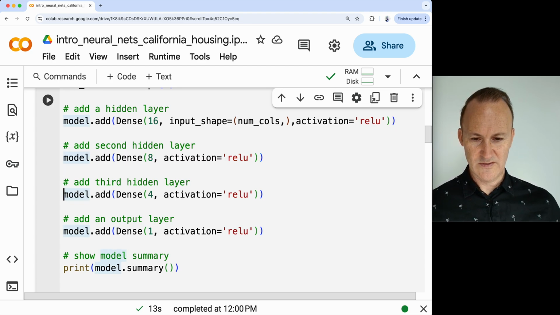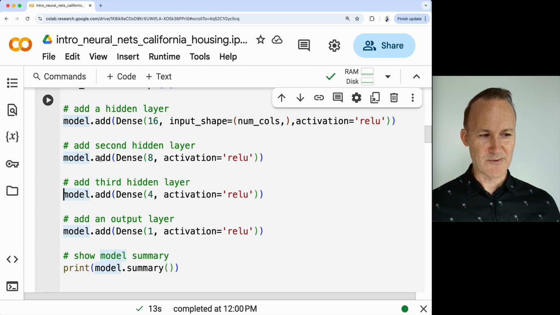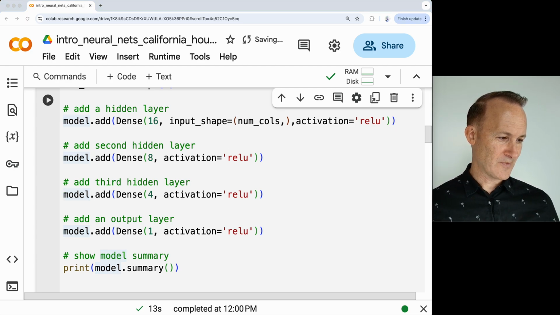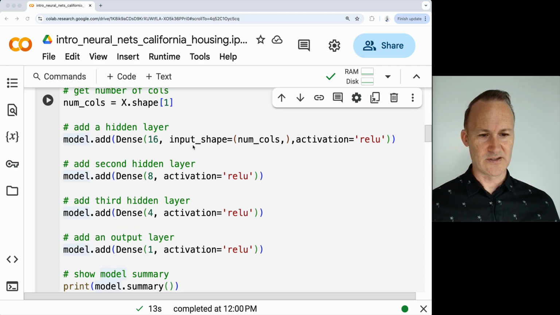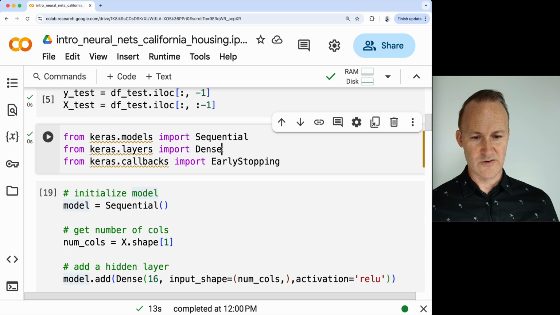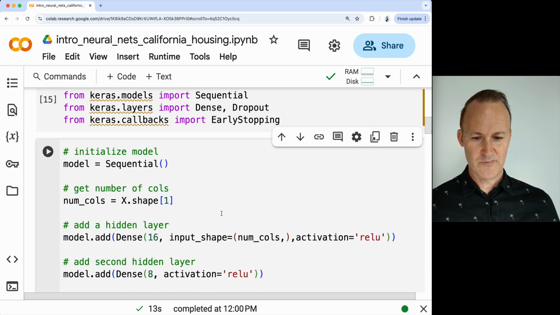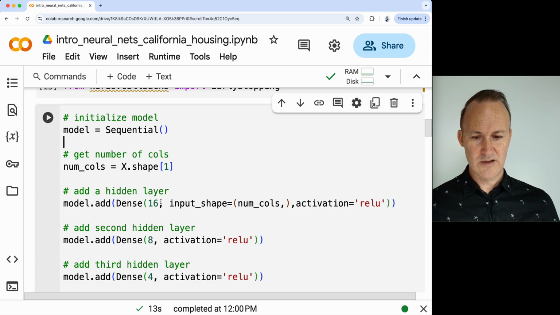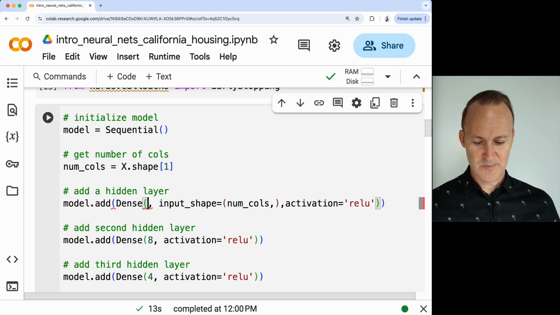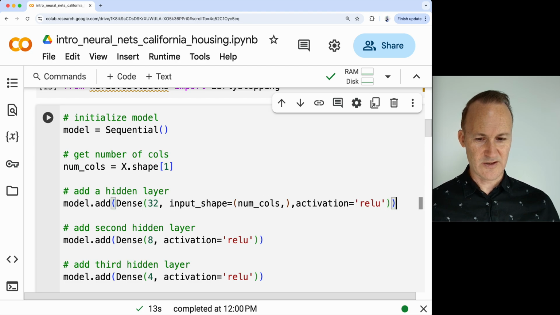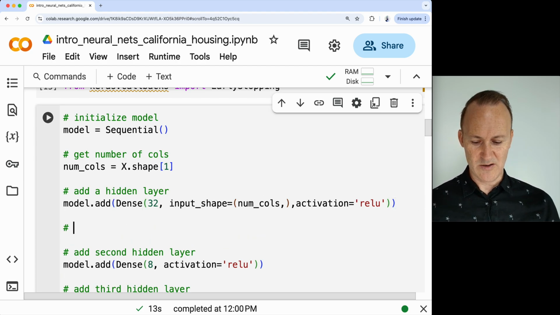what else could we do? Well, we could add what's called a dropout layer. Okay, so I guess we're getting into it. When you get the dropout, what that does is it prevents overfitting. So you take the dense layers and then you add a dropout. And then for the dropout layer, what you do is you say, out of these 32, if I add a dropout layer,